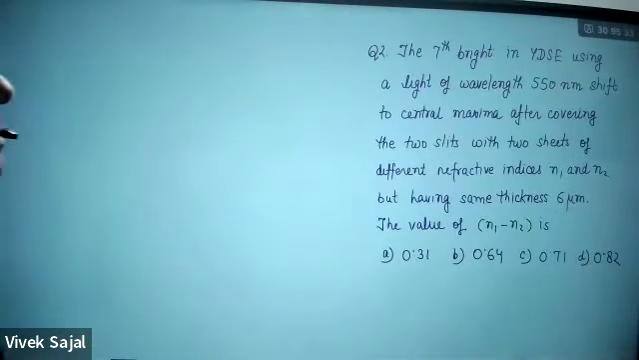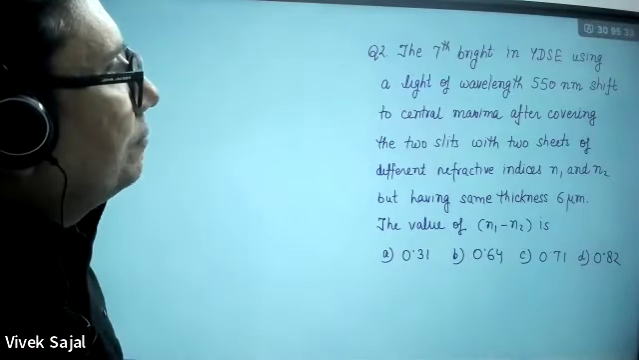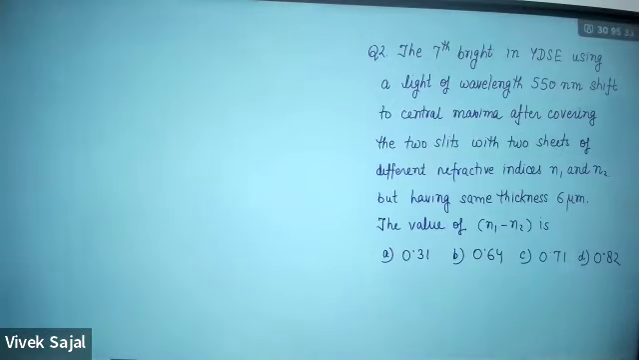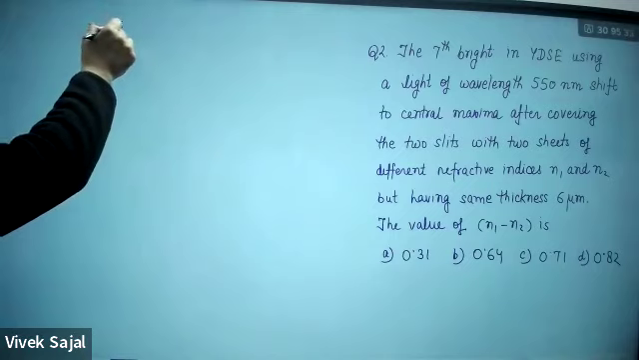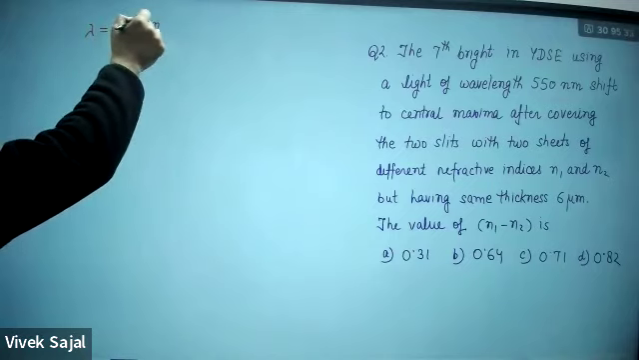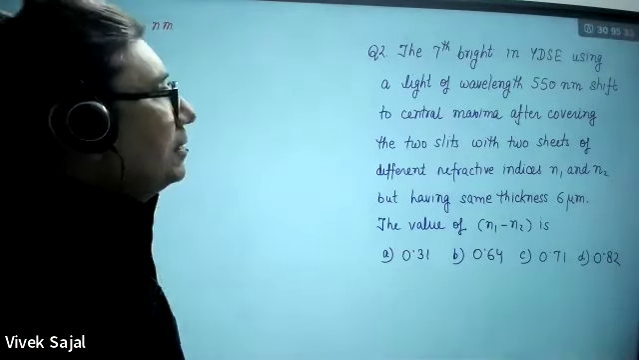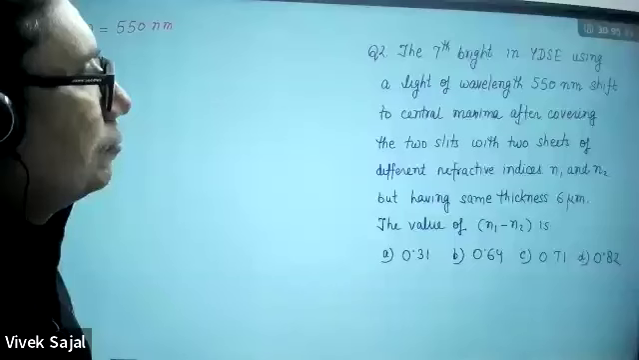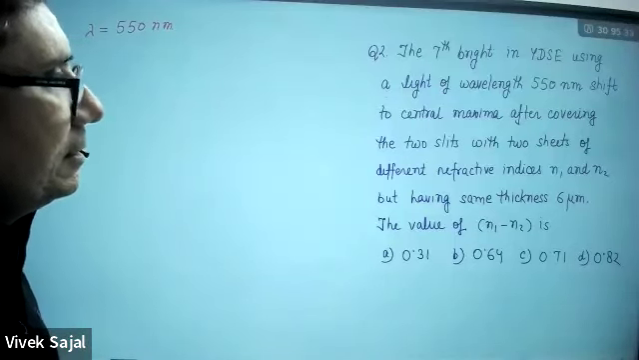The seventh bright fringe in YDSE using light of wavelength 550 nanometer. So lambda is how much? Lambda is 550 nanometer. This is nanometer. Shift to central maxima after covering the two slits with two sheets of different refractive indices